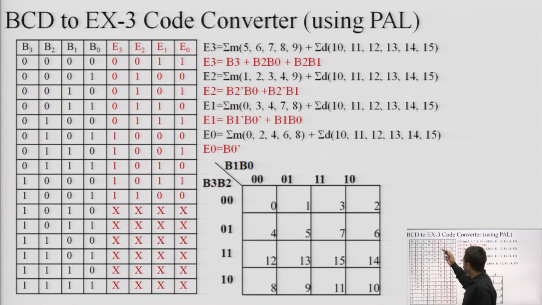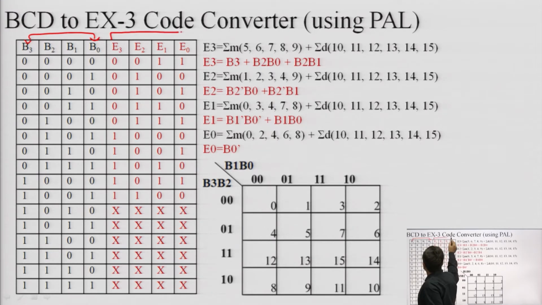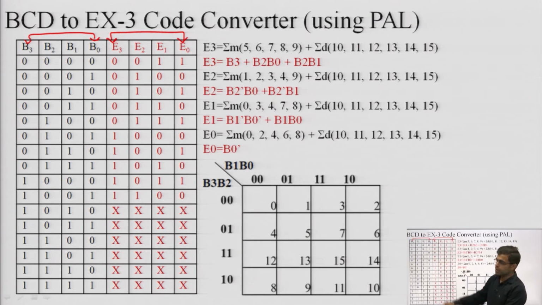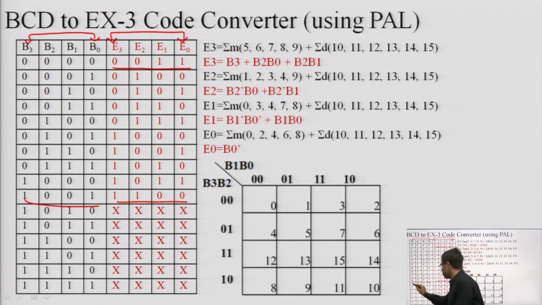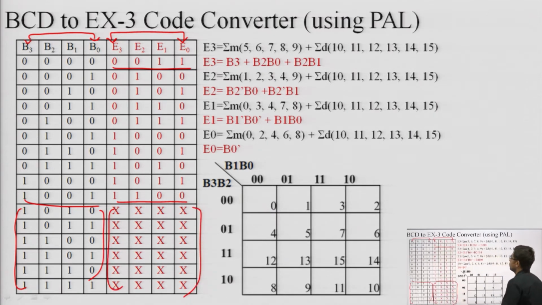Let's check a BCD to XS3 converter which we are going to implement. I am not going to do the details of the BCD to XS3 converter, as we have already covered it in unit 2 of our subject. This is the BCD input and this is the XS3 output, and the basic thing is that we simply add 3 to the BCD number to get the XS3. So 0 plus 3 is 3, and you can check any number. The last number, 9 plus 3, is 12, and 10 to 15 in BCD are invalid, so those XS3 values are also invalid. So we have to solve 4 K-maps: E3, E2, E1, E0.